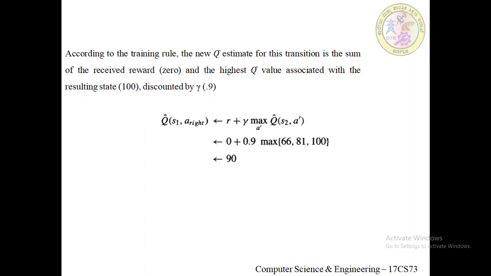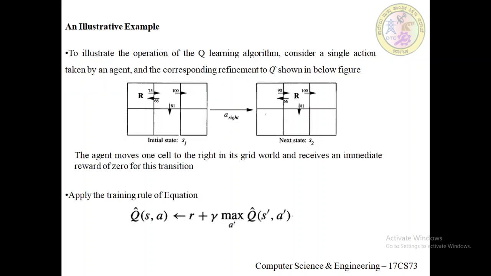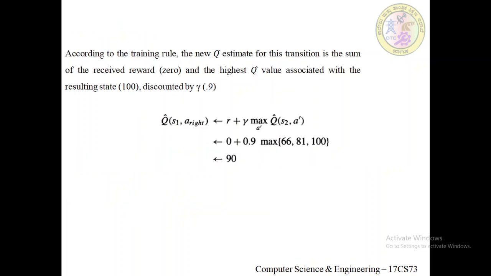Given a sufficient number of training episodes, the information will propagate from transitions with a non-zero reward back through the entire state action space available to the agent, eventually resulting in a Q cap table containing the Q values, which is shown in these diagrams. These are the Q values. So now this is what is being given.